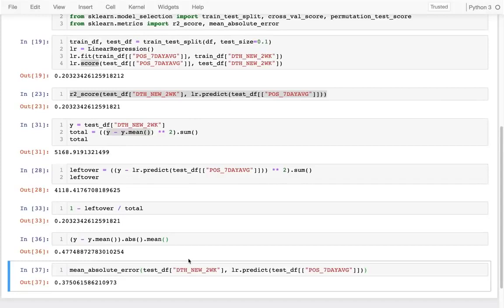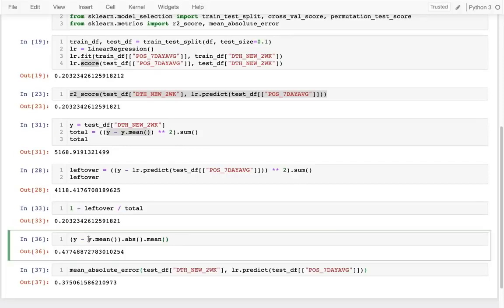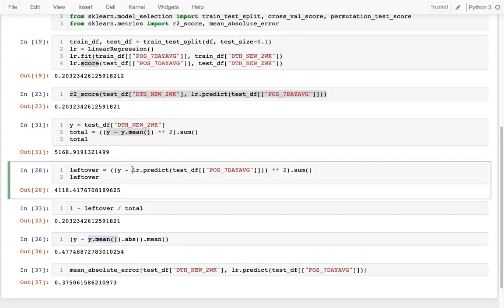It should be the same. It should be the same number. Why is that not the same number? Because I wanted to get the error of my predictions, not relative to the mean. And so, I'm sorry, this is the thing I had wanted to